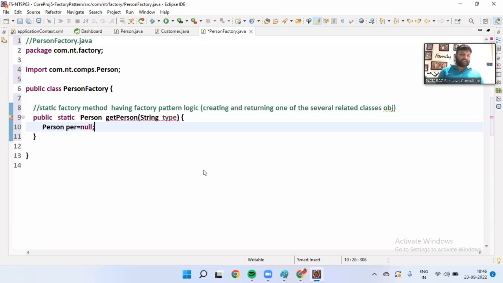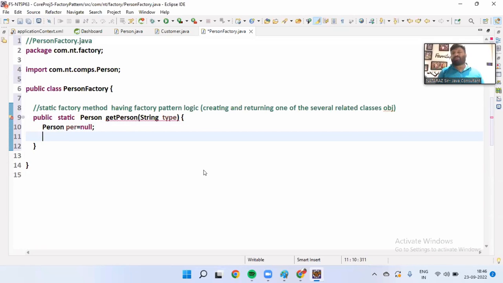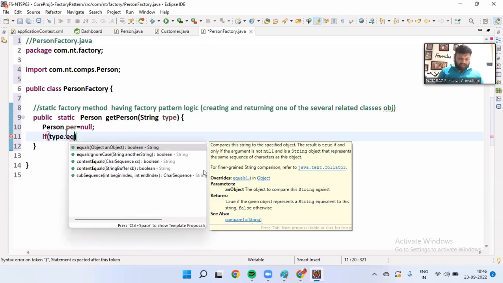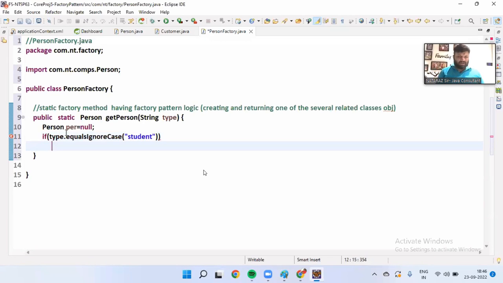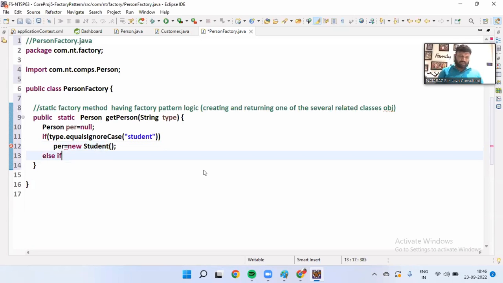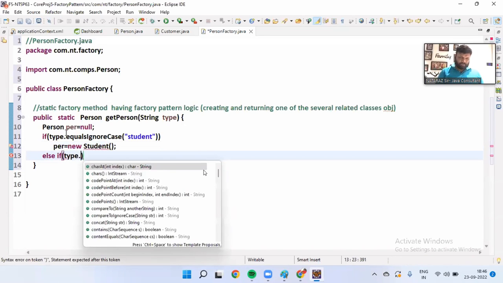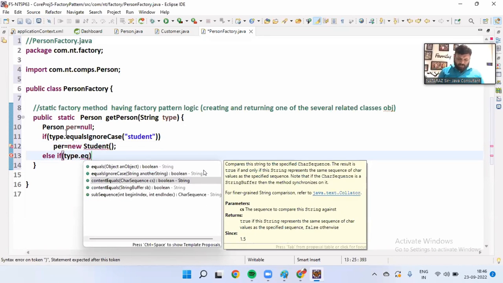Person per is equal to null. Superclass reference variable or interface reference variable. If type equalsIgnoreCase student, stud, whatever it is, right? per is equal to new Student(). Else if type equalsIgnoreCase